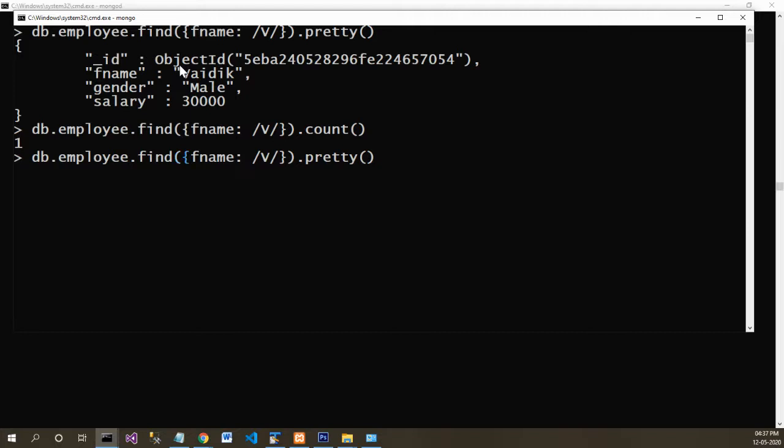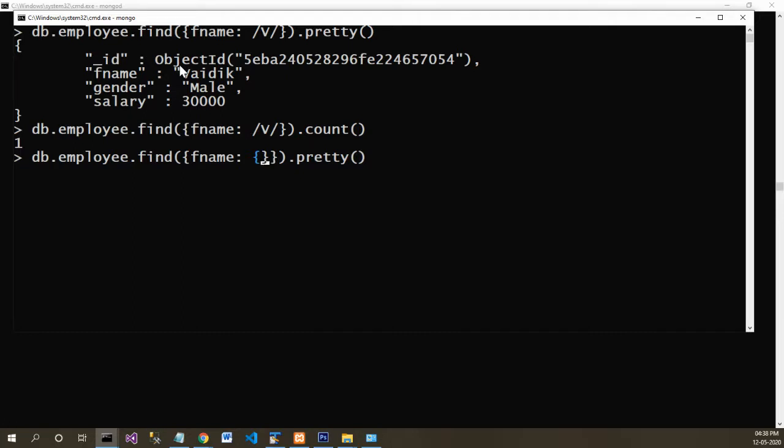How to do that, and what is a regular expression? A regular expression is a sequence of characters that defines a search pattern. If you search in Google for a regular expression for email address, for Indian PAN card, for Indian Aadhaar card, and so on, you will get a series of characters, and those sets of characters are matched with the actual input from the user. If the input matches, it returns true or false. The same scenario you can apply here while working with MongoDB.